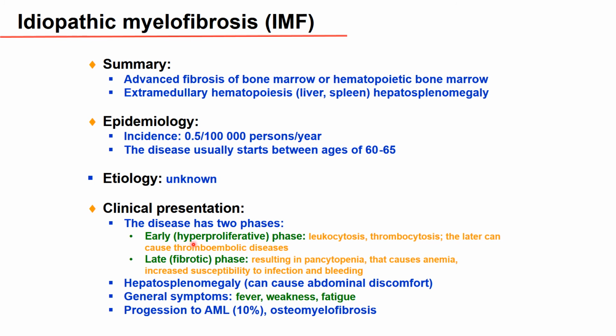In the early one, we do have the hyperproliferative stage. The patient usually has leukocytosis, thrombocytosis. Later on, thromboembolism can develop. And in the late fibrotic stage, exactly the opposite is happening. We do have pancytopenia and can cause anemia, thrombocytopenia, infection, bleeding, and so on. Hepatosplenomegaly can occur, and abdominal discomfort can occur, and general fever, weakness, and fatigue. And as we mentioned, about 10%, or maybe up to 20%, can convert to acute myeloid